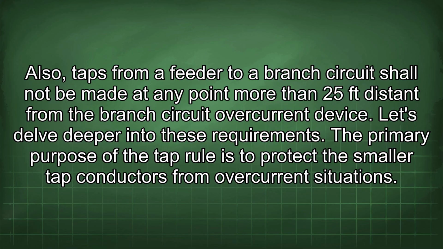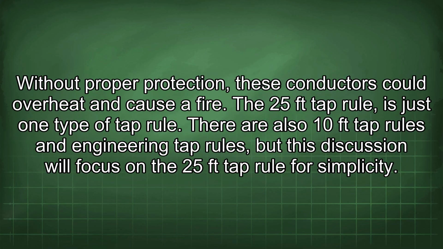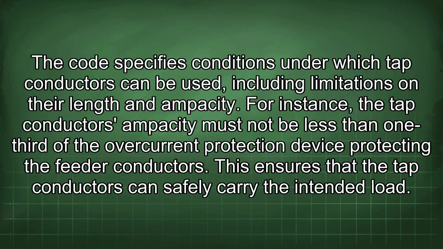The primary purpose of the tap rule is to protect the smaller tap conductors from overcurrent situations. Without proper protection, these conductors could overheat and cause a fire. The 25 FT tap rule is just one type of tap rule. There are also 10 FT tap rules and engineering tap rules, but this discussion will focus on the 25 FT tap rule for simplicity. The code specifies conditions under which tap conductors can be used, including limitations on their length